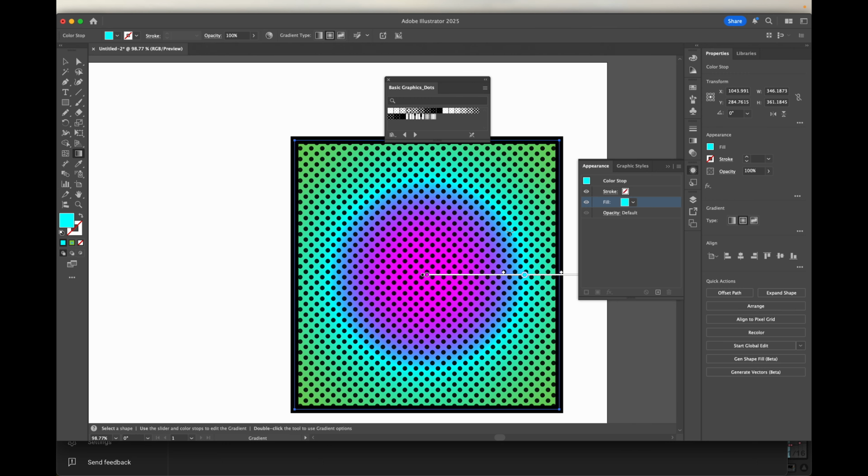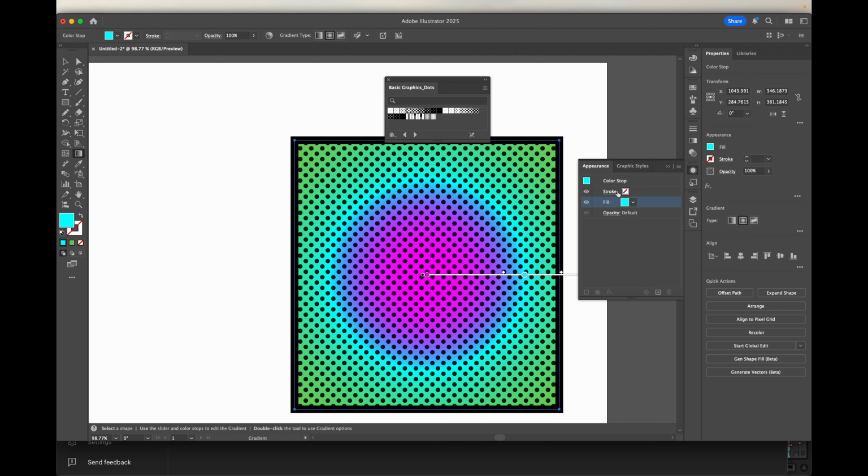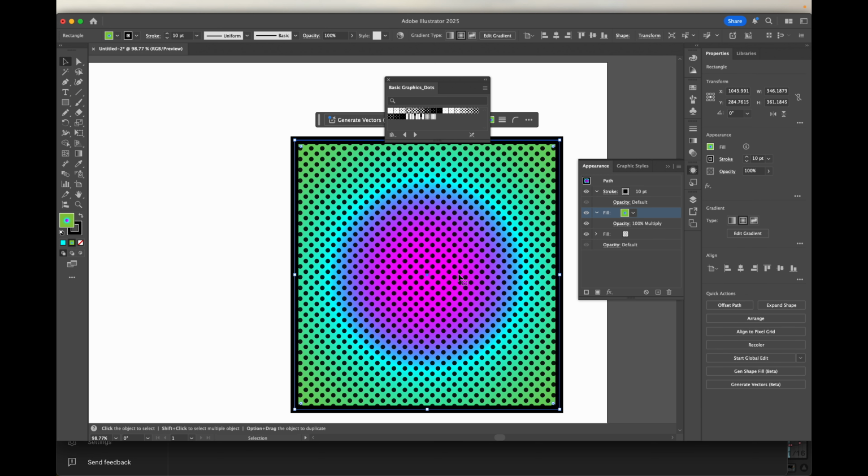Okay. Now this is making my brain hurt a little bit because of the way it's set. And you'll note that where I'm at right now, this appearance panel has changed, right? All this is doing is this color stop is what these dots are called that adjust the color, is what's available right now in the appearance panel. So I could change my fill color here, right? I could change this to, say, yellow or something like that, which I don't necessarily want to do. But then, right, this panel's still open, but this is what's up right now. Okay, so if I go back to my selection tool,